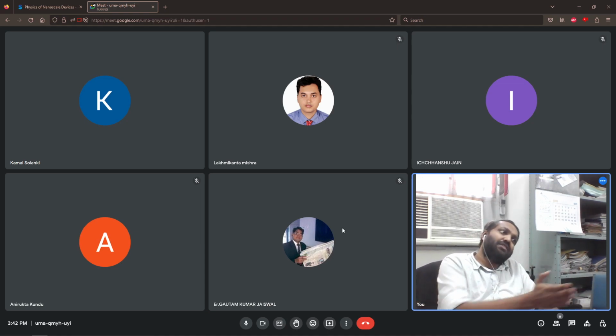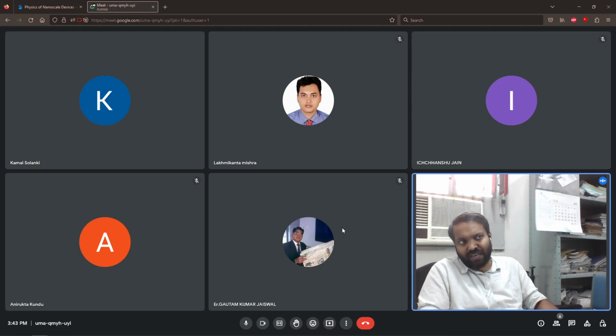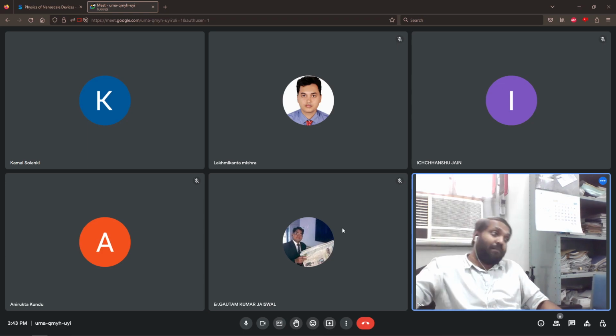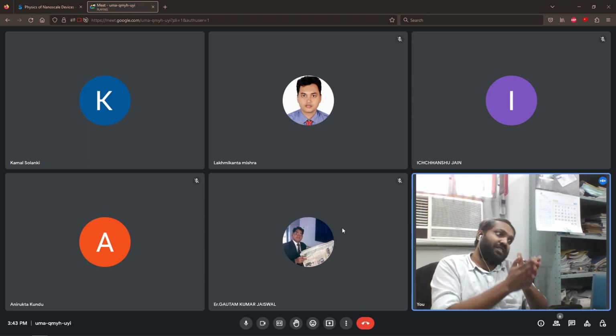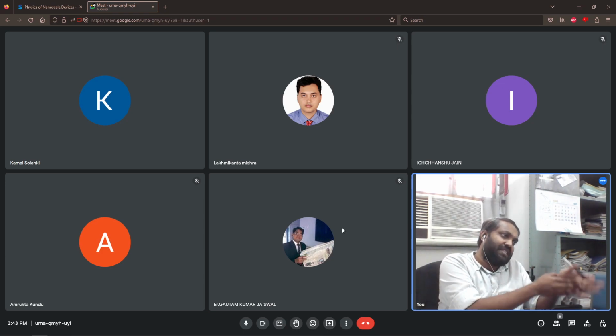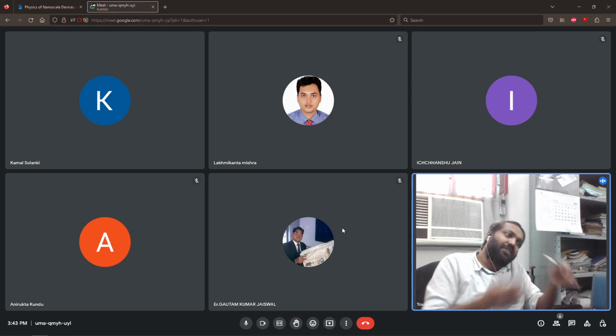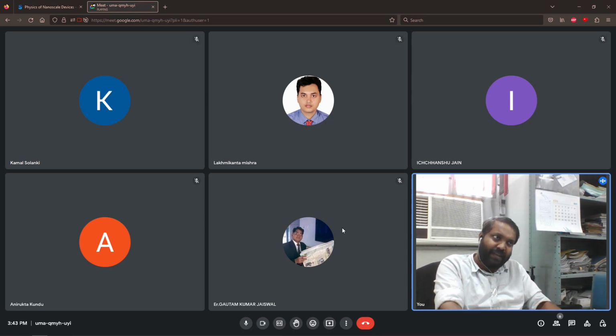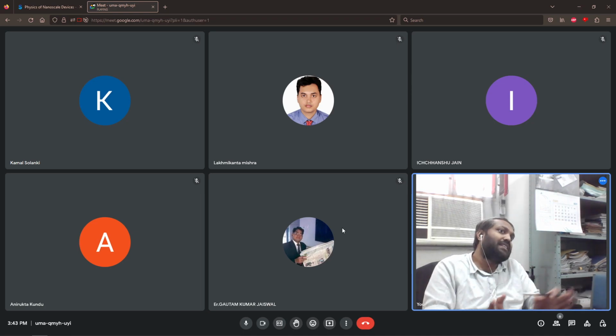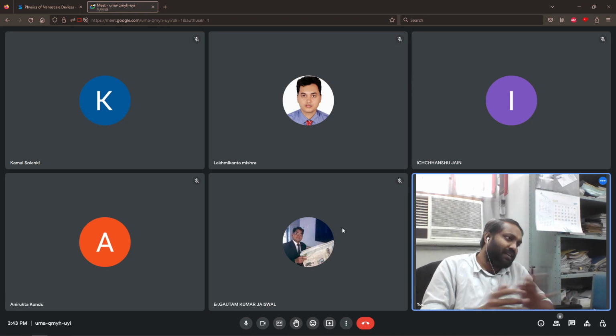But now, since we are moving down to mesoscopic devices, we shall look at 2D channels and 1D channels, where notions like quantization from the first week will start playing an important role, and because of that, certain additional features will come in. Now you can use that to your advantage, or you can think of that as a limitation. That is up to the engineer, the person who is designing the device. I hope that answers your question.